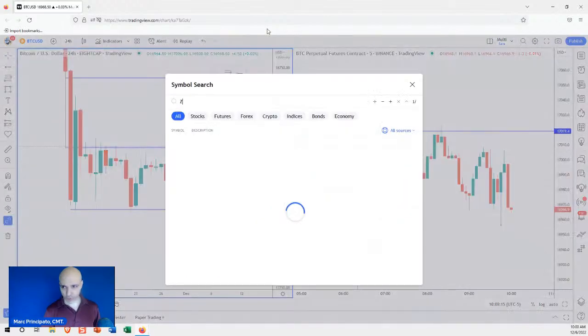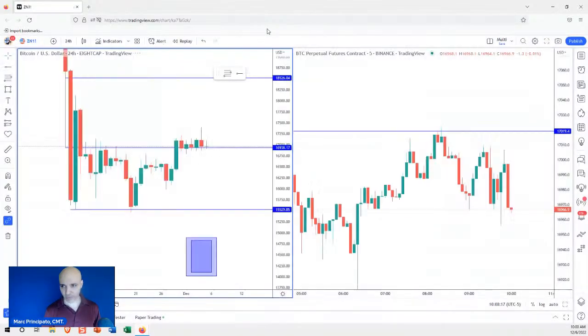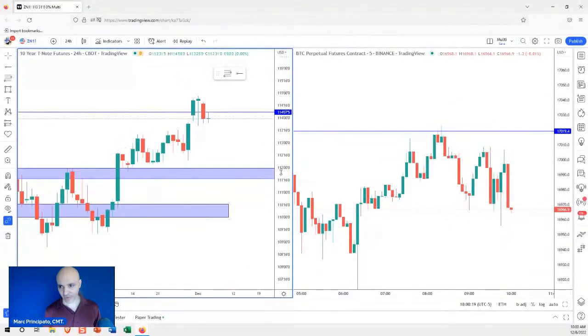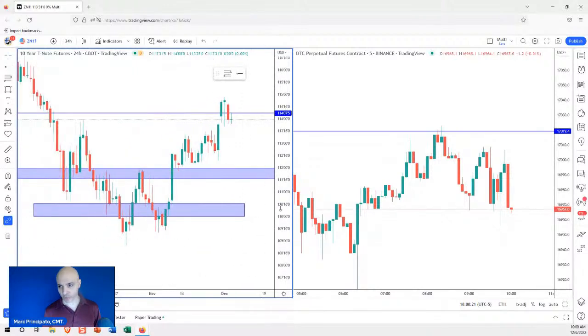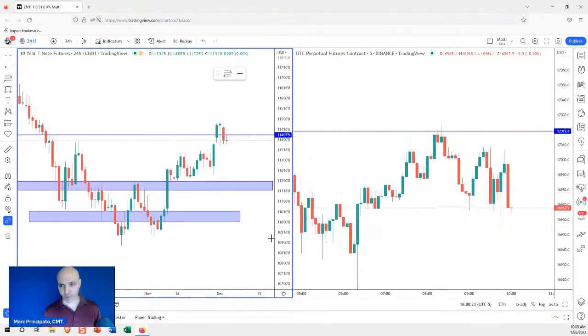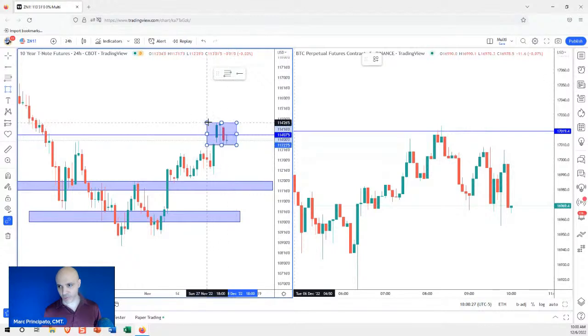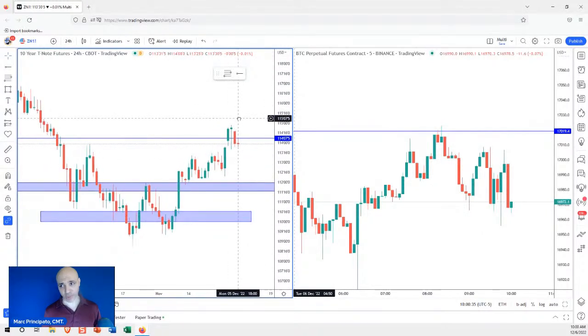So first, I want to show you, we always have to do this. I always check the bond market. You should be in the habit of checking the bond market every day. What's going on with the bond market? Anything? Most of the time, nothing changes really for much, right? And this resistance is still in play. We have another inside bar forming here. If this momentum continues lower, rates are rising. That's all I need to know.